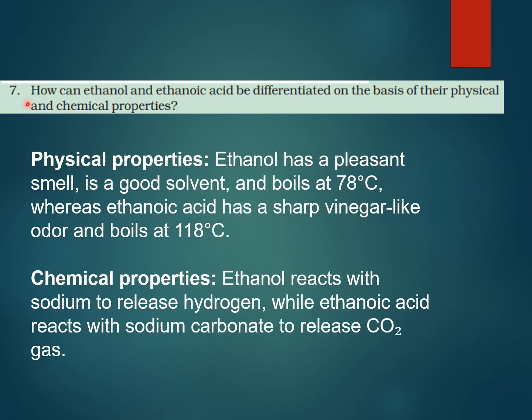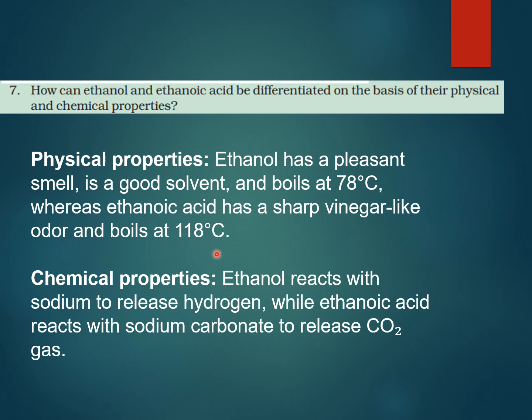Now comes the seventh question. How can ethanol and ethanoic acid be differentiated on the basis of their physical and chemical properties? Okay. So physical properties में क्या होता है? Ethanol की बहुत pleasant smell होती है. It is a very good solvent and it boils at 78 degrees Celsius. But ethanoic acid की जो smell होती है, it is very like sharp vinegar-like odor, and it will boil at